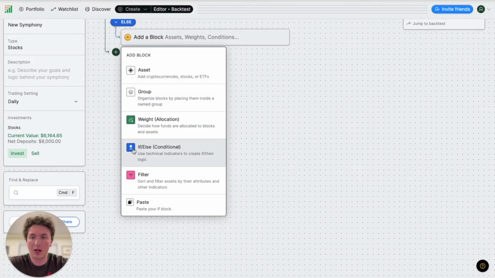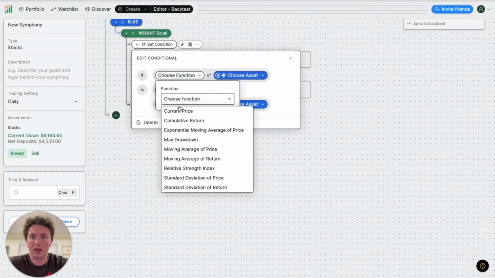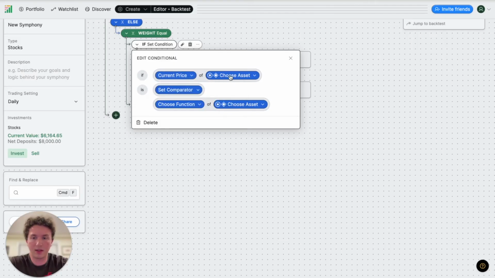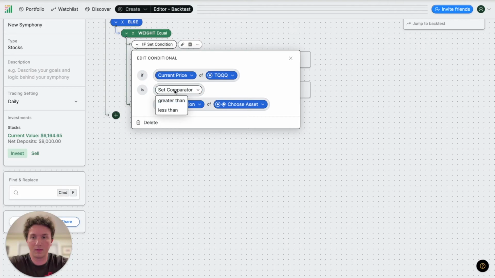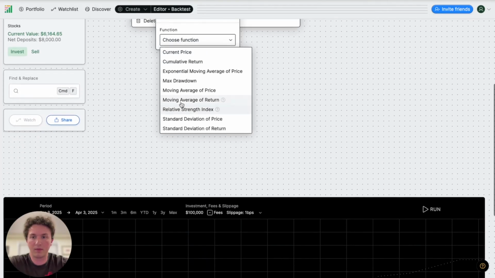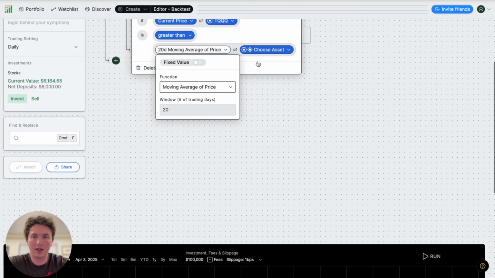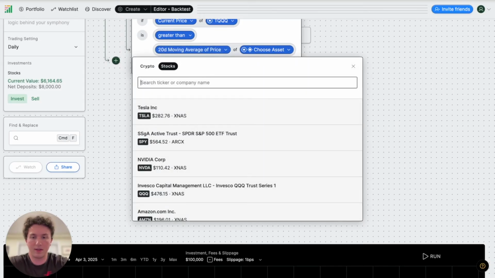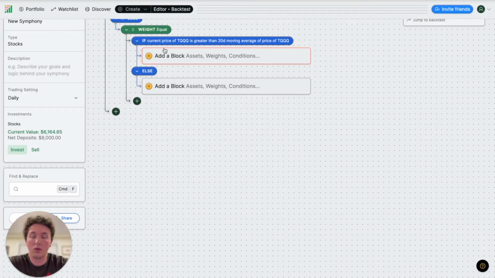So I will grab another if-else block here and check if the current price of TQQQ is greater than the moving average of price. Let's stick with the 20 days of itself. So what we're hoping to do here is catch upswings even in bear markets.